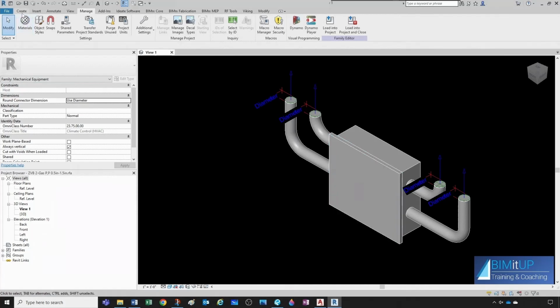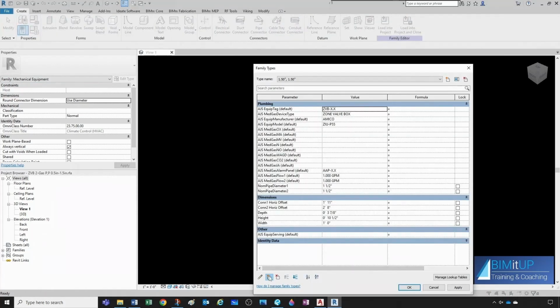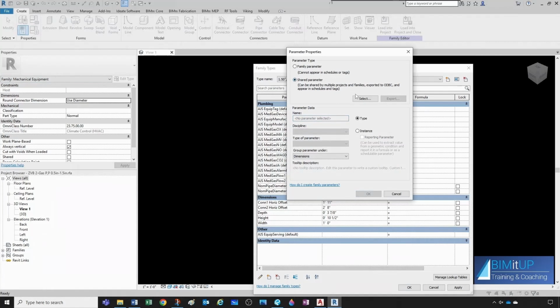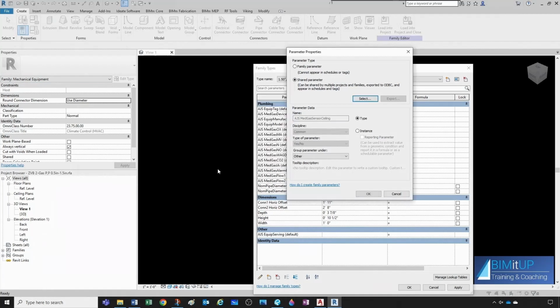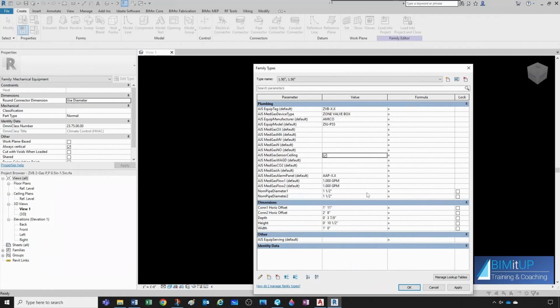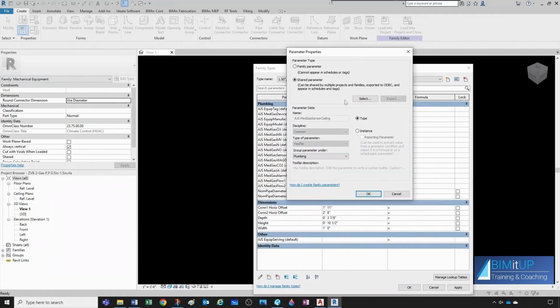Okay, now let's go ahead and add. So let's see, new parameter, shared parameter. We navigate to the BIMitUp AJS parameters under plumbing. So MedGas sensor ceiling. We want to group this under plumbing. Okay, and I purposely kept the sensors, one of them a yes or no parameter. And let's add the other sensor because it can have a sensor on the ceiling or at the box or both. So shared parameter,